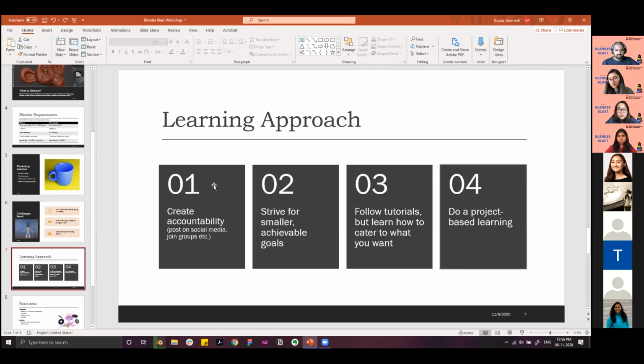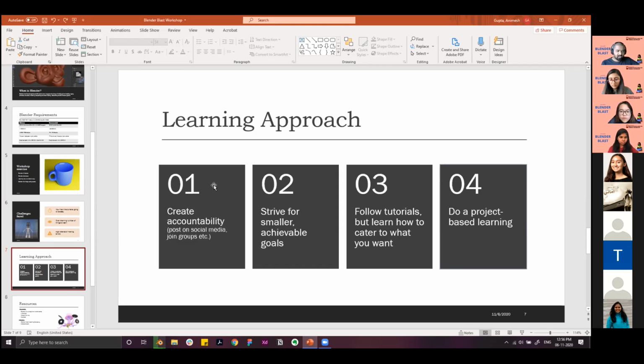Try something small, play around with the squares, cubes, circles and make yourself comfortable with that. Follow tutorials, but do not follow them completely end to end, because then you're just following directions, and that's not what you're supposed to do. Play around a bit, so instead of making a square cup, you can make a circular cup or something else.